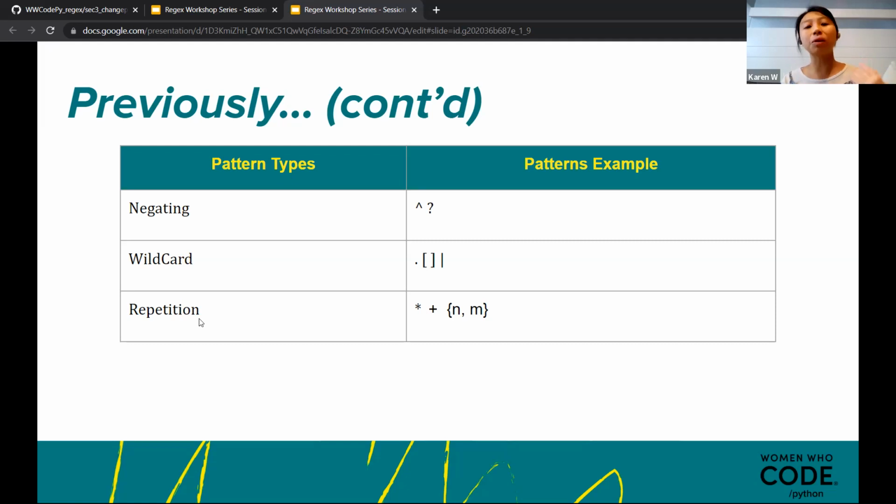So we use a multiplier. Katerina showed on session 2 how to find a phone number. It's very, very common to use repetition to represent certain digits.